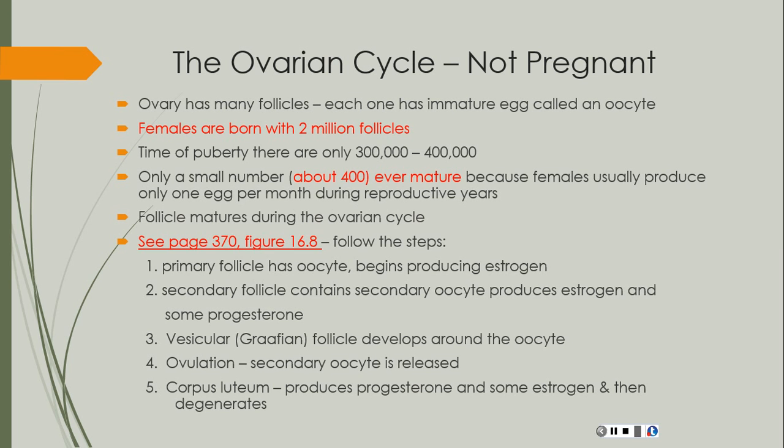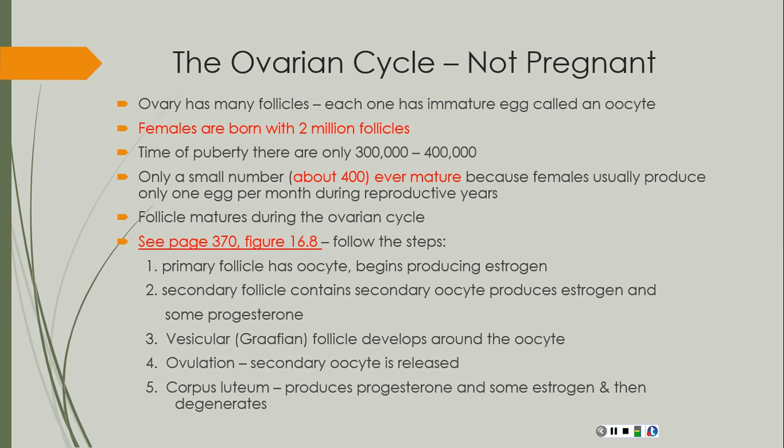However, of those, there's only a small number, maybe only 400 that ever mature, because females usually produce only one egg per month during their reproductive years. So that's quite a difference. 2 million possibilities down to maybe 400 in a lifetime, to maybe most people less than 10 children in their lifetime. But anyways, the follicle matures during the ovarian cycle, and I want you to look at page 370 and figure